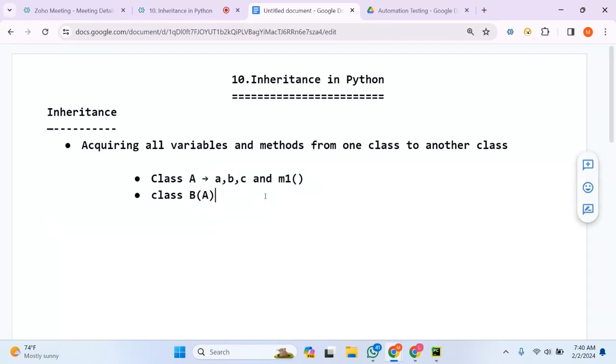So whatever the variables and methods present in class A can be accessible from class B also when we create an object. Let us wait for some time, I will make you clear. In class B, I have other members like X, Y, Z variables and the M2 method. But since class B is defined from class A, in total class B will have 6 variables, A, B, C and X, Y, Z, and